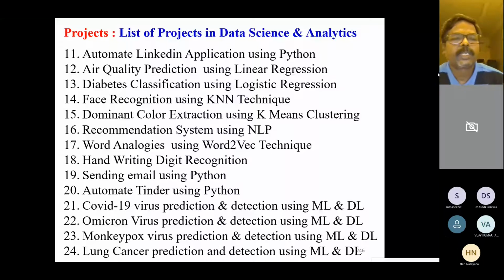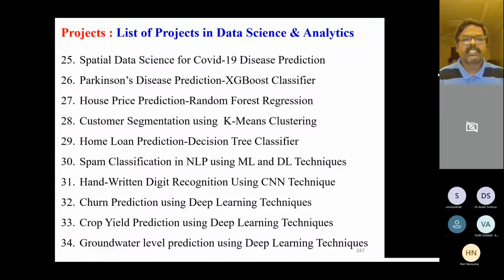spatial data science for COVID-19 disease prediction, Parkinson's disease prediction using XGBoost classifier, house price prediction using random forest regression, customer segmentation using k-means clustering, home loan prediction using decision tree classifier, spam classification in natural language processing using ML and DL technique, handwritten digit recognition using CNN technique, churn prediction using deep learning technique, crop yield prediction using deep learning technique,